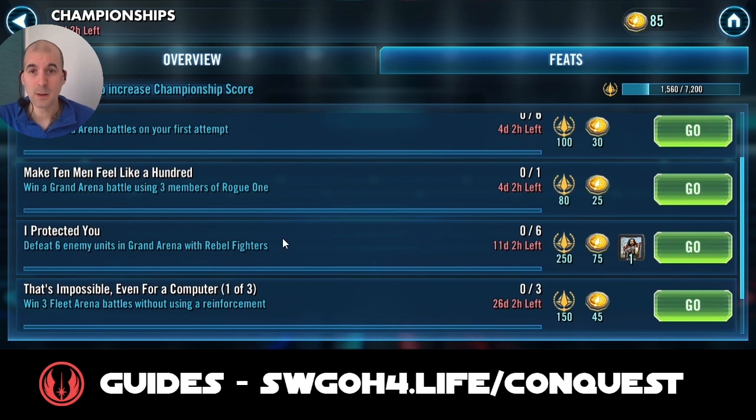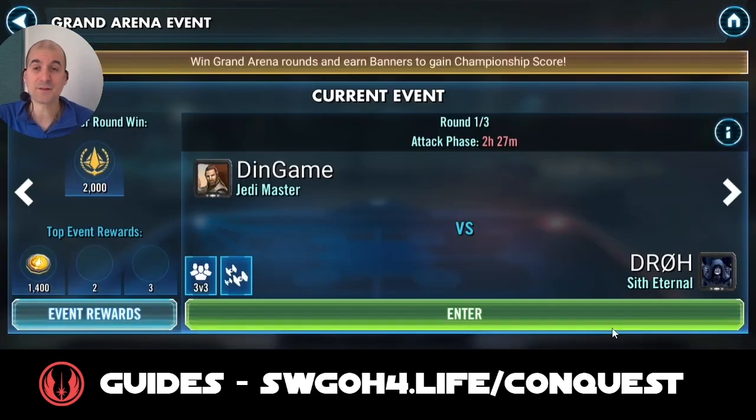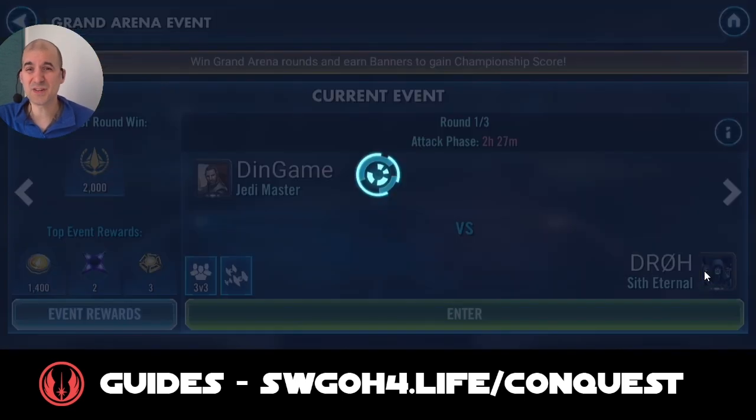video to do this. However, the other one here where you have to defeat 6 enemy units with rebel fighters, this one shouldn't be too much of an issue to complete. Again, it's a 2-week 6-round feat, so it shouldn't be a problem. I do have a decent Mothma team with rebel fighters that we can use pretty much in every round on